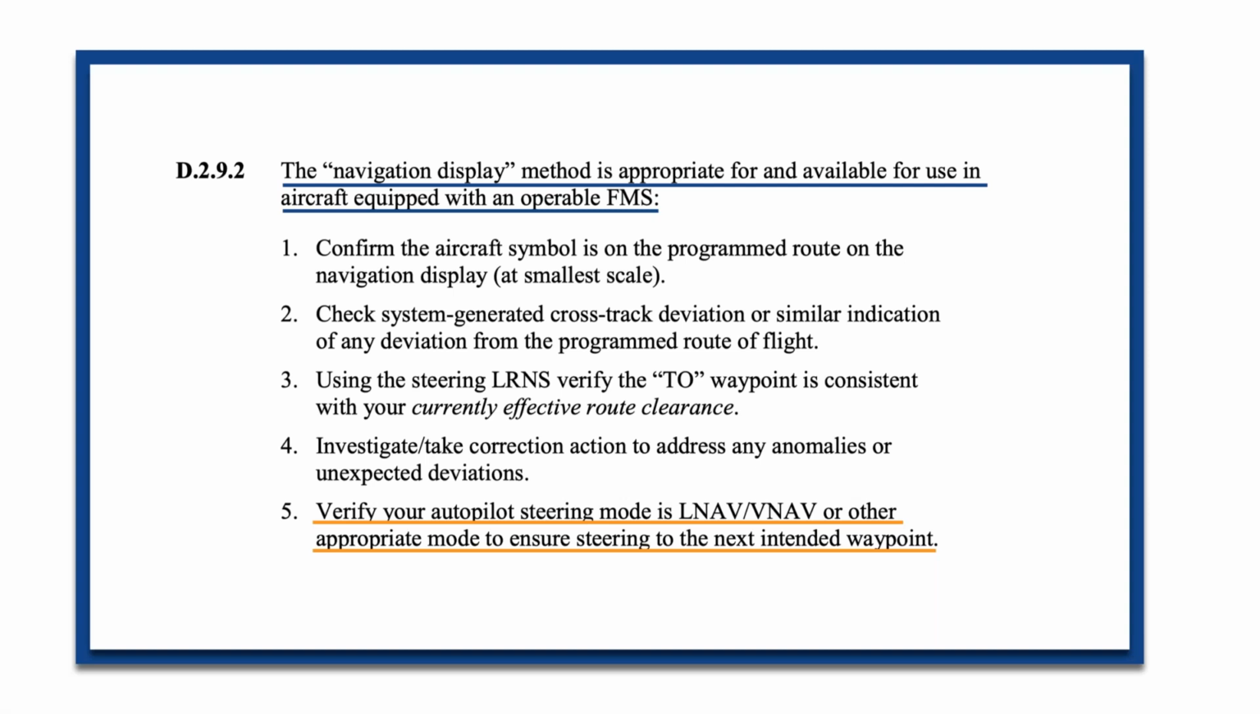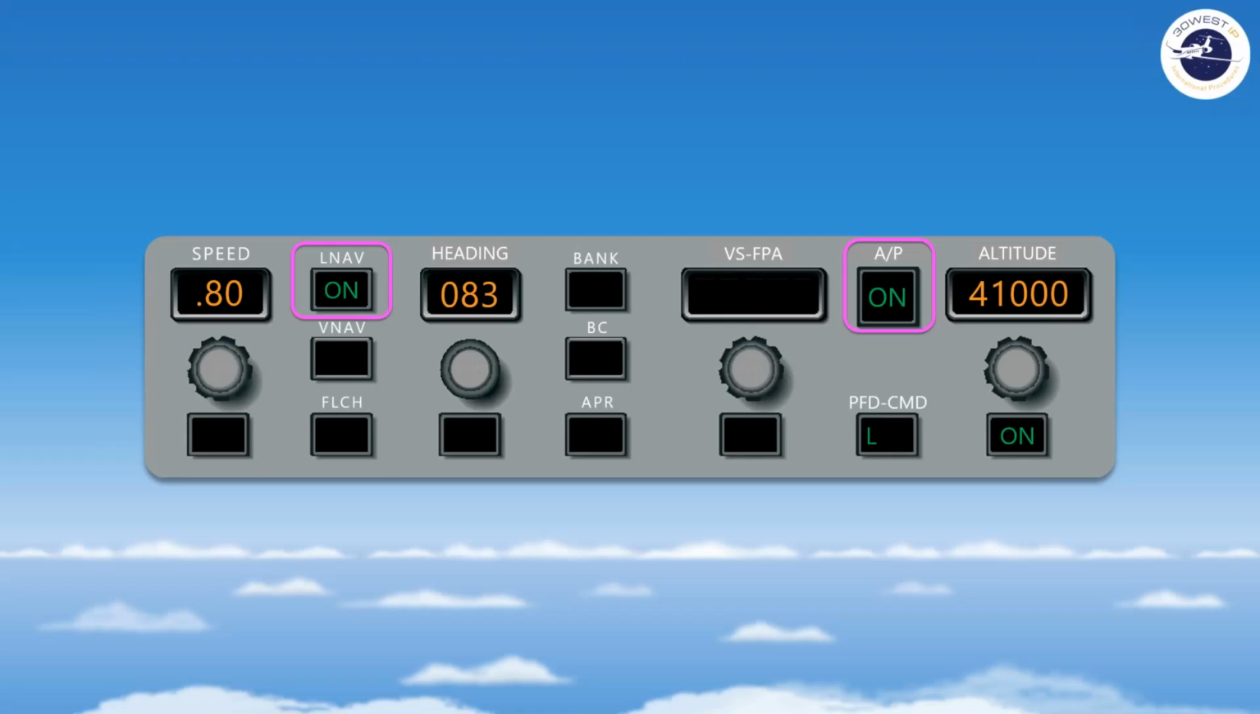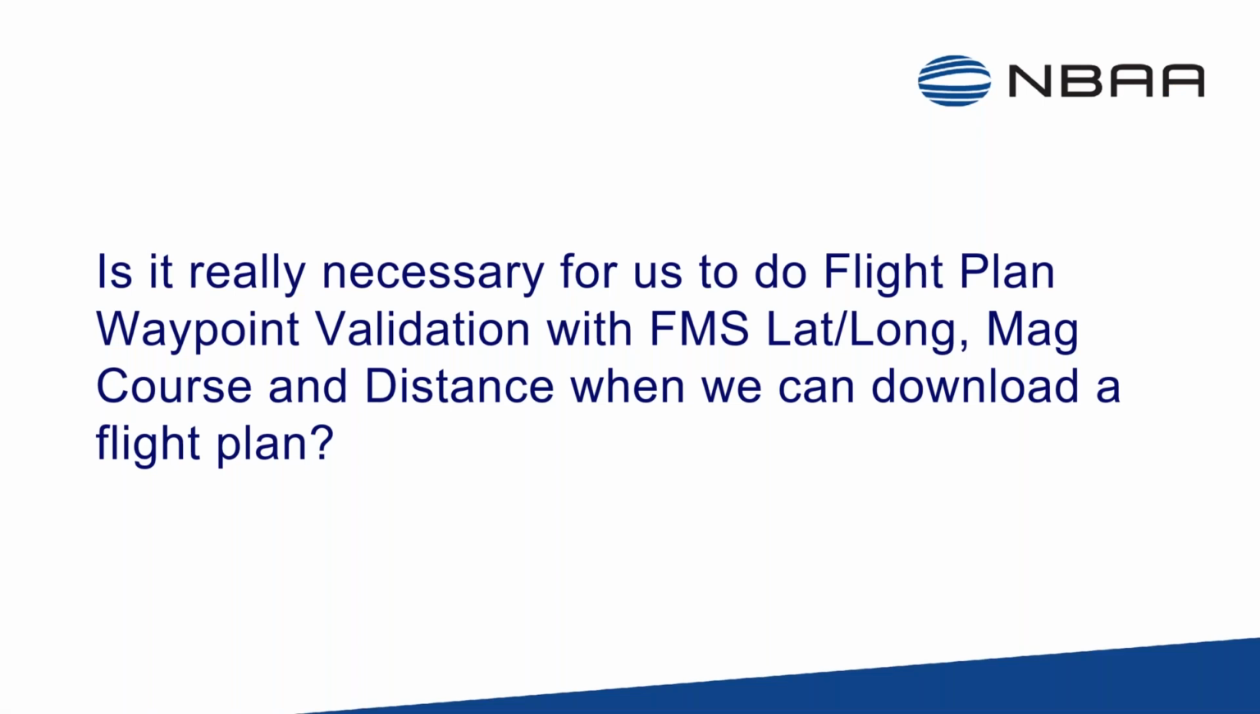And again, another thing that is exactly the same as if you were doing it on a plotting chart is to verify that your autopilot steering mode is in LNAV, VNAV, or other appropriate mode to ensure steering to the next intended waypoint. I want to add one other thing. Well, there is what the autopilot should look like, and the flight guidance panel should look like. One other thing to mention is that